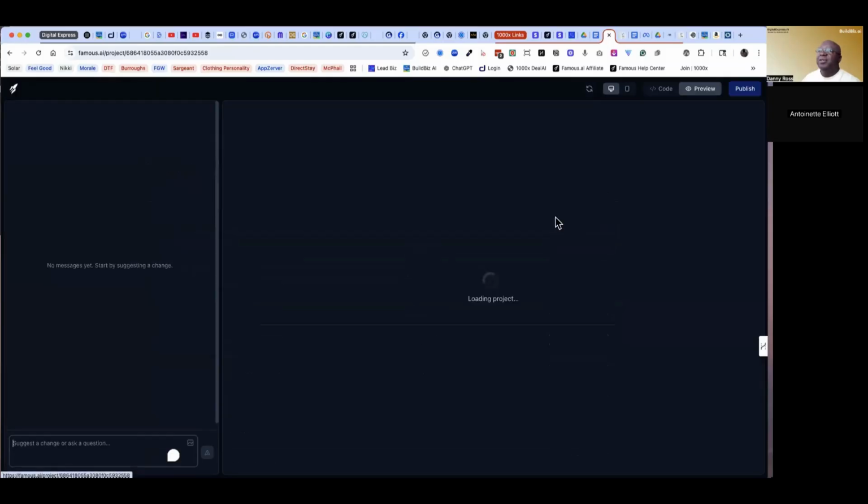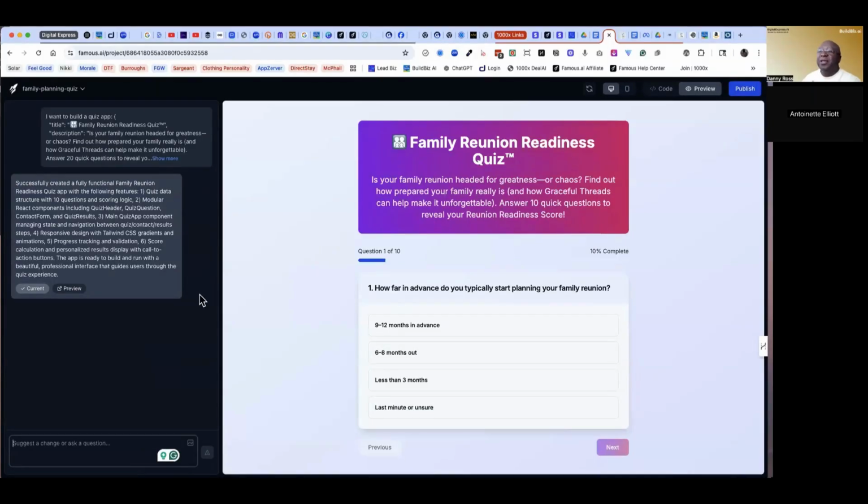This is one we were building for Annette last week. So in this, it's a simple quiz. This is like 10 questions we started building last week. So we can continue on building this. The idea is it's a family reunion and we're building a quiz for it. The next thing we would want to do is create some storage of the answers that are coming from the quiz. The first thing that you have to do is create a login and sign up process.